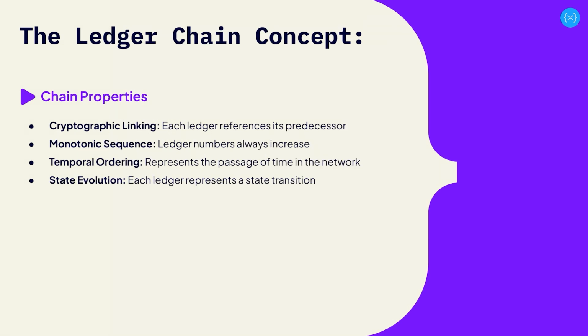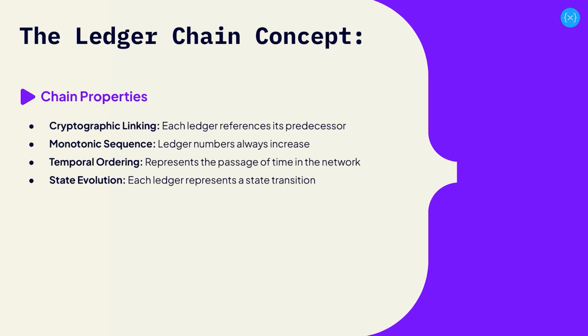The ledger chain concept is a sequential progression. So we have a genesis ledger, ledger 1, ledger 2, ledger 3, and then the current ledger, which is the ledger we are on. This means that it's cryptographically linked. Each ledger references its predecessor. It's a monotonic sequence. Ledger numbers always increase. Temporal ordering represents the passage of time in the network, and state evolution means that each ledger represents a state